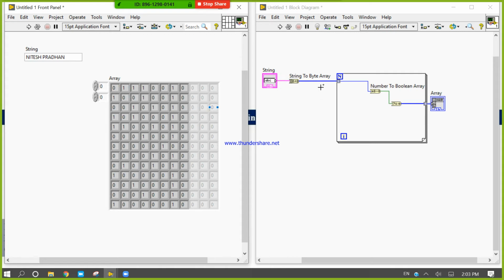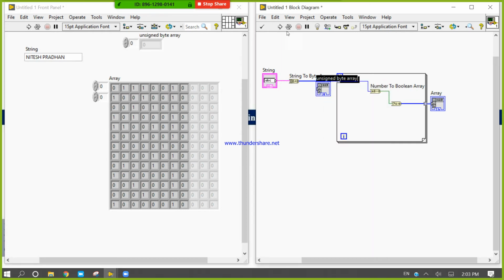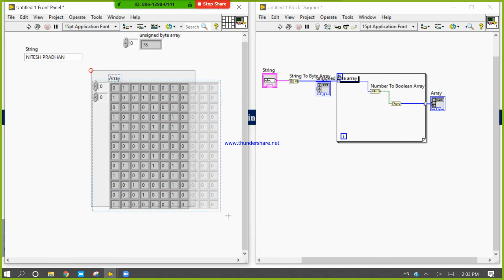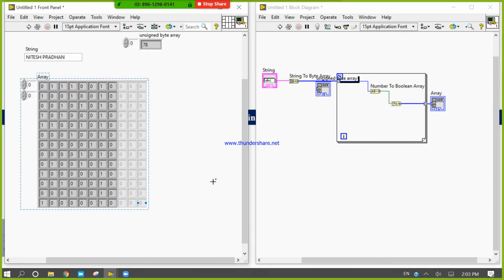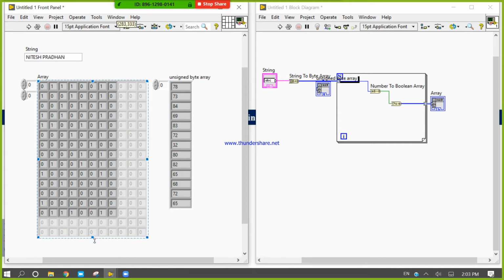Okay, so let's see what is the size of output indicators. Run, 78. So the addition of this number is 78.